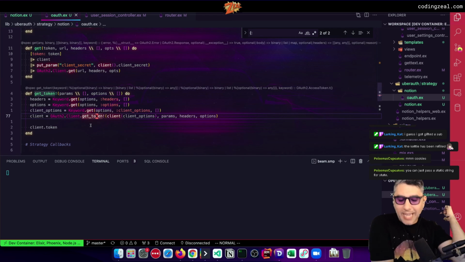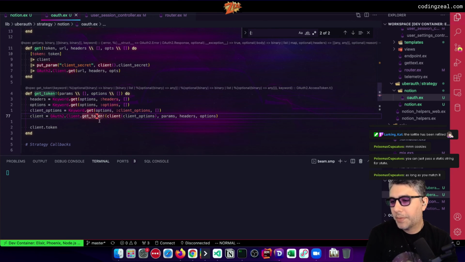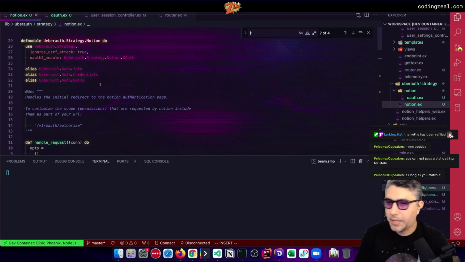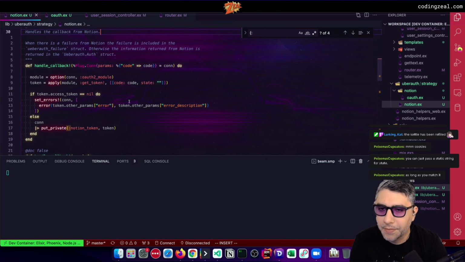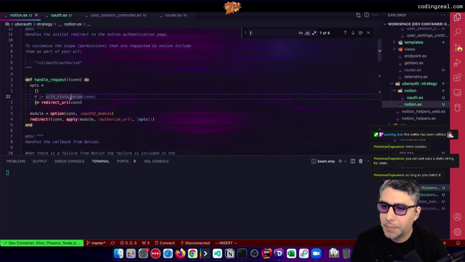You can just pass a static string for the state. Yeah, I think that's what we're gonna have. That might be just the way to go. And then somehow allow the static string to be configured on the application configuration. So if we were to pass a static string here,